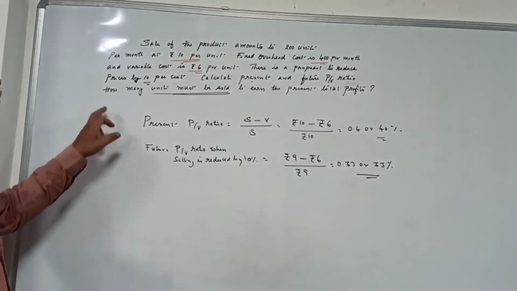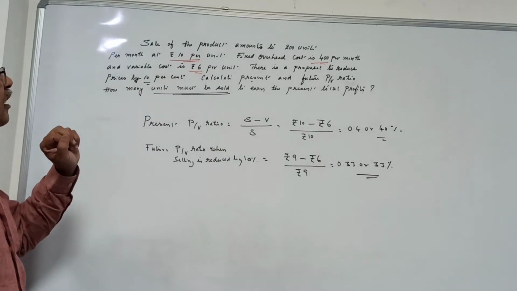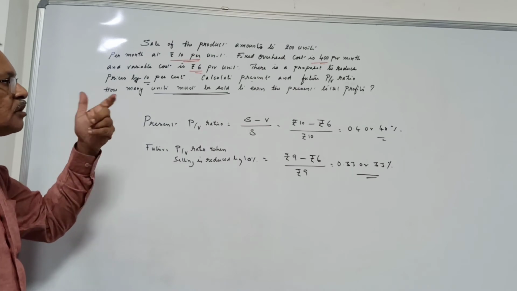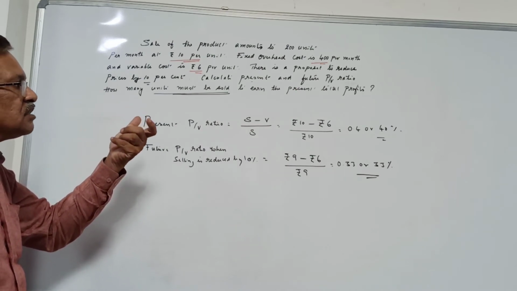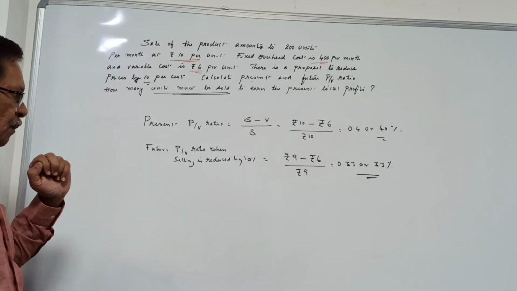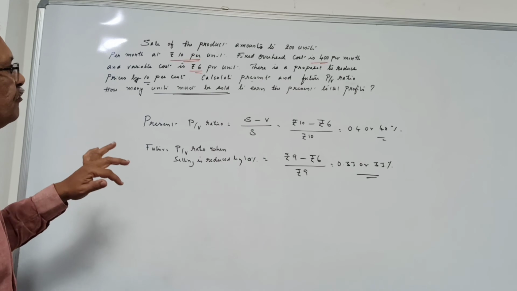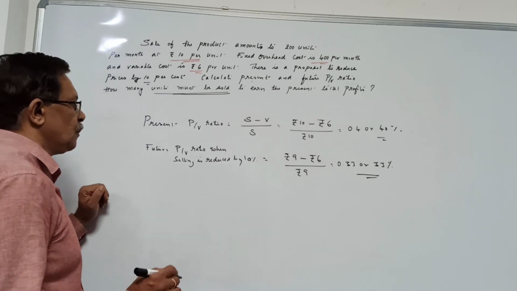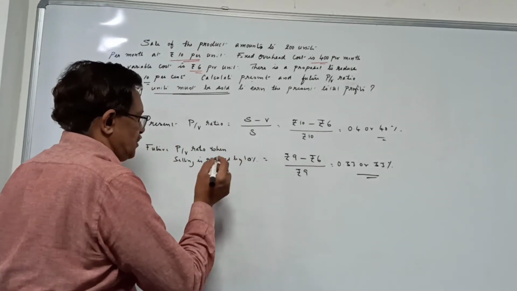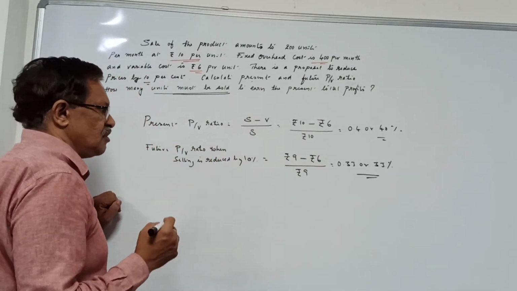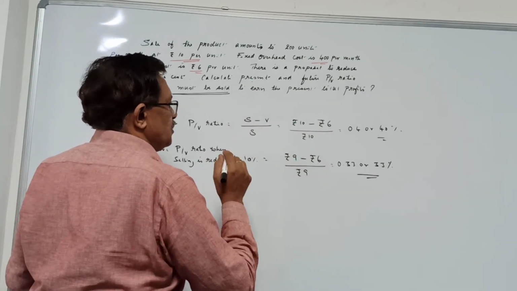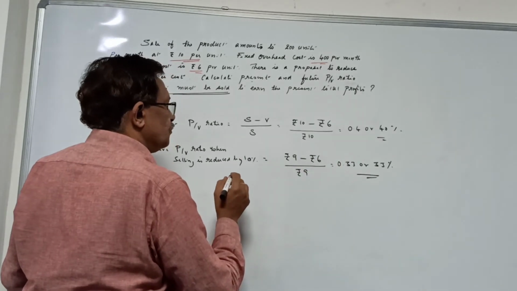Now, he's also asking us to find out what is the future sales he needs to do to maintain the same level of profit. So we also first need to find out what is the present profit. So we know that the C by S, PV ratio, which is equivalent to the C by S ratio, which is nothing but 33%. Now the present is